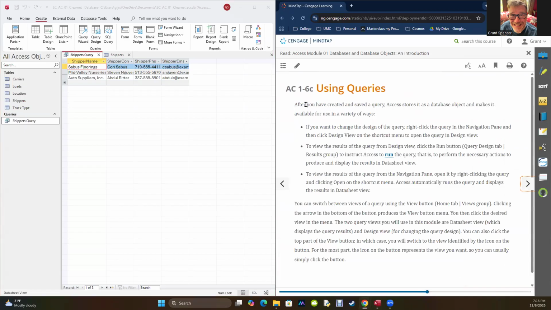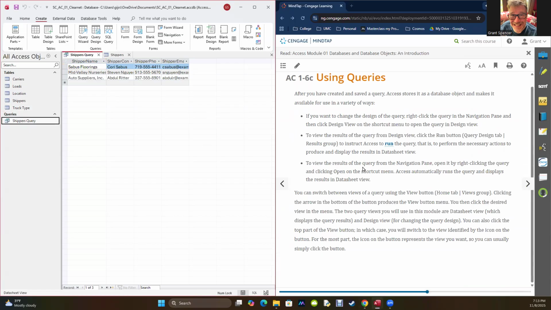Over here now to using queries. After you create a query, it stores the query as an object. This is just as much of an object as this. These are now two different objects. Okay, and you can look at them and also understand that queries